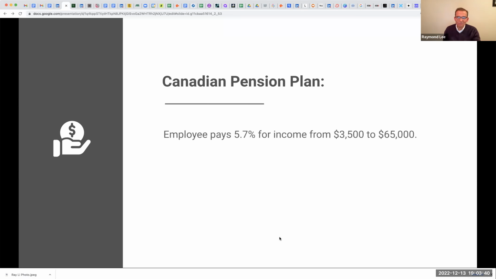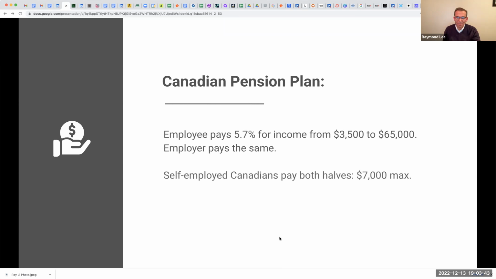Okay, Canadian pension, Bernard, we're not going into this, but you know how this works for you. It caps for Canadians at a smaller amount than our self-employment tax in the US. So it's not as big an issue as our self-employment tax is.